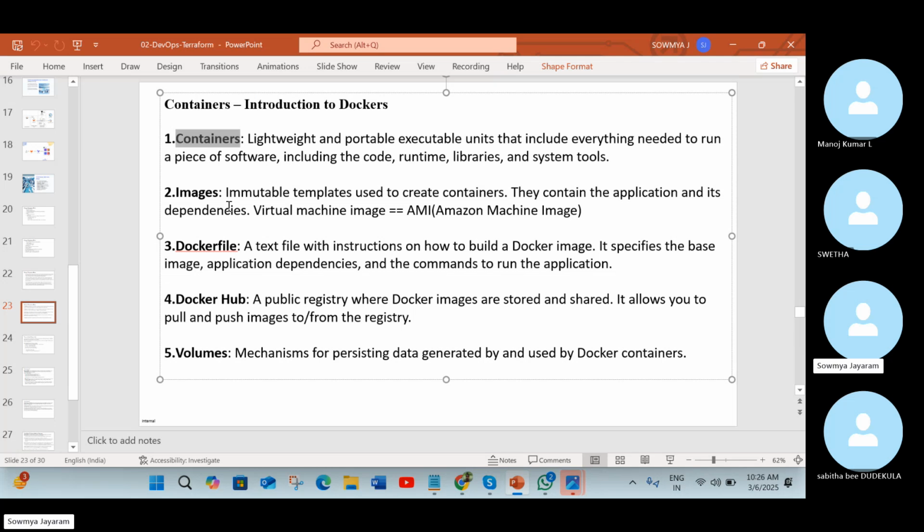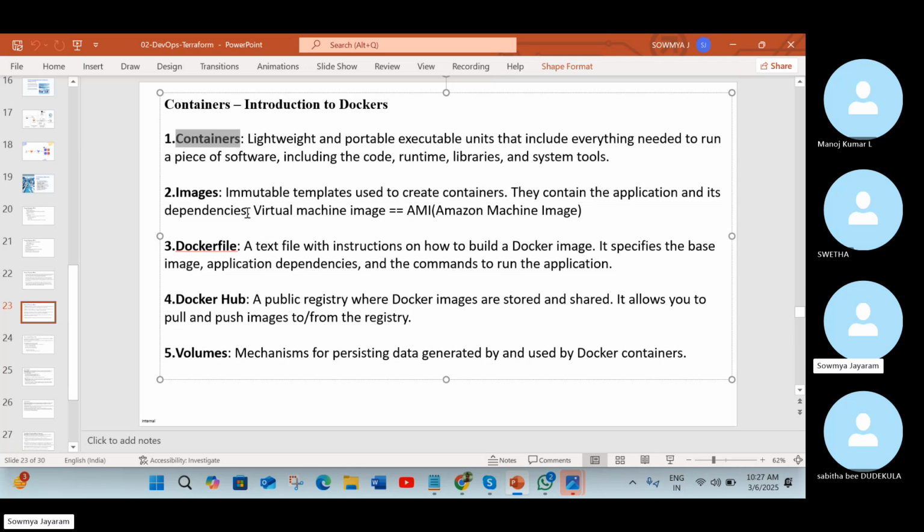If you're working on a project and won't run it at a particular time but want to run it later, you can store it on Docker Hub and use it anytime, anywhere. If someone from the US wants to access the application, you can share the credentials, or if it is public, just share the link. They will be able to pull it and easily access the application.